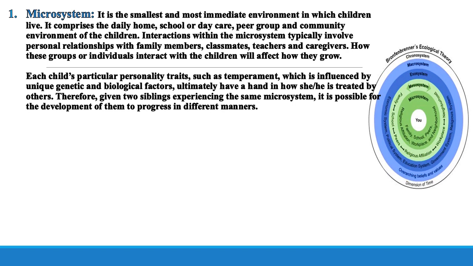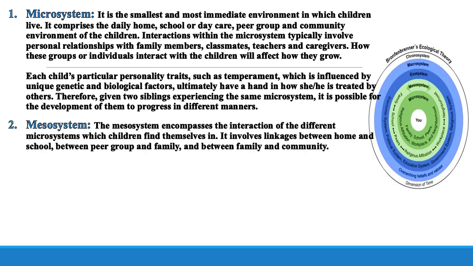And each child's particular personality traits such as temperament, which is influenced by unique genetic and biological factors, ultimately have a hand in how she or he is treated by others. Therefore, given two siblings experiencing the same microsystem, it is possible for the development of them to progress in different manners. That means if two siblings are in the same home, yes, they are meeting their parents every day, their parents are same. But why is it that the two siblings, the brother or a sister, or the two brothers, two sisters, have different personalities? Why? One is very shy, other is very extrovert, very talkative. Why? Because of the way they are being treated by the others, the way their parents treat them, the way the other people treat them. That all matters for the development of personality traits. Okay,